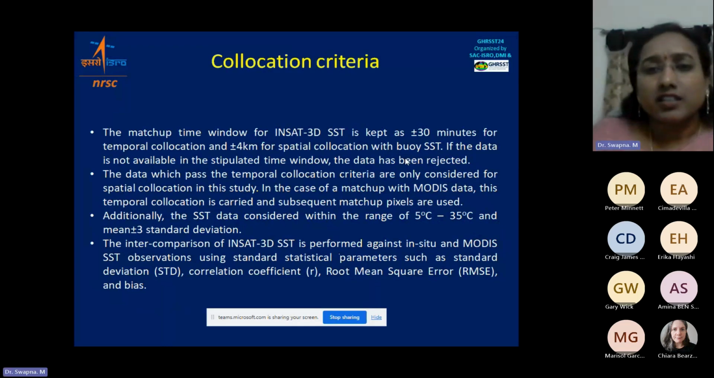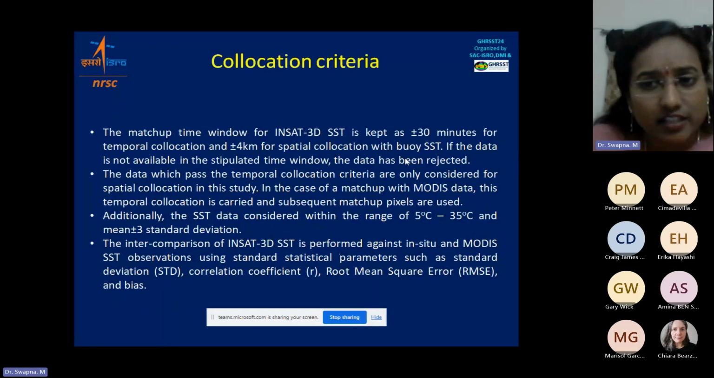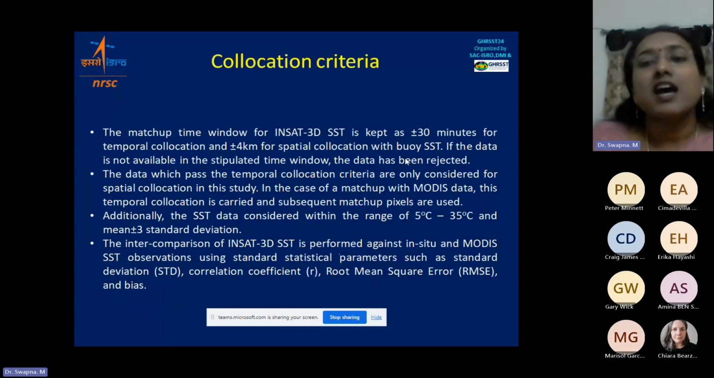We also need to consider some additional criteria, like an SST range of 5 degrees centigrade to 35 degrees centigrade, and the initial quality